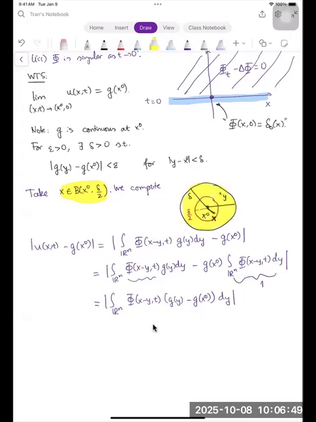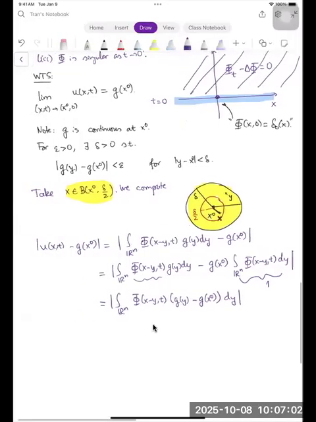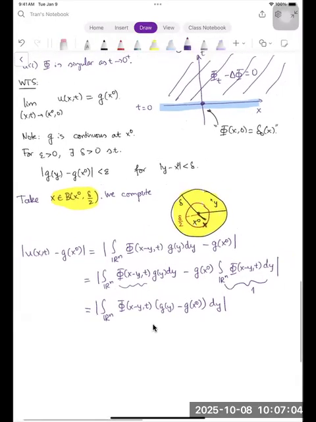And then outside, I know that phi decays exponentially fast. So that's the idea. Let me write it down. So this is less than or equal to